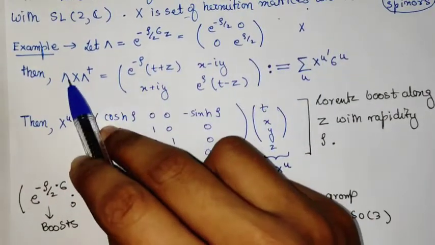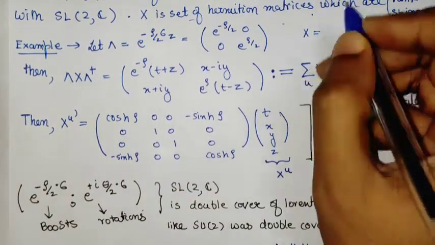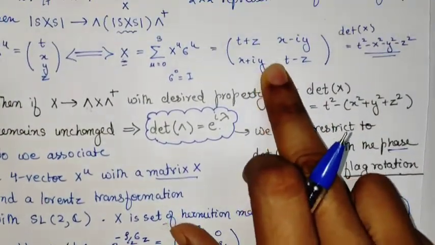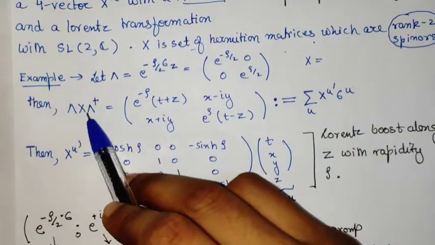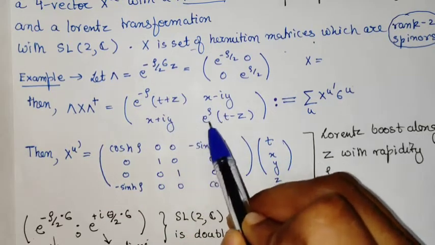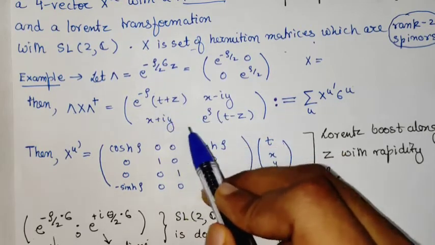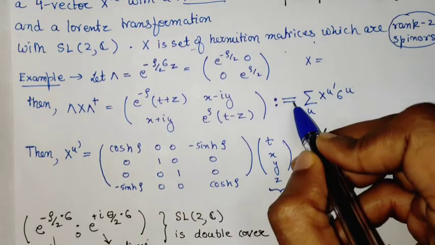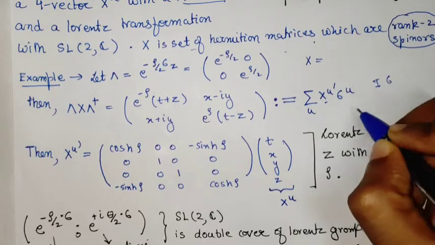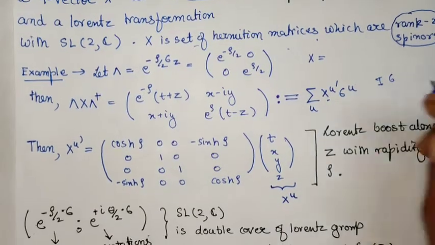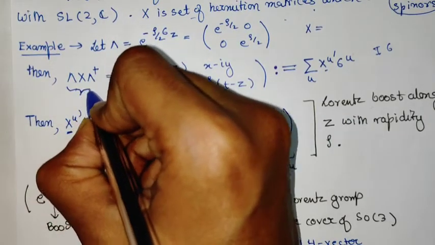So what happens is, if we multiply in this order, because we know X is nothing but this particular thing here, and we also know lambda, we can multiply these three things and it is this matrix. This is also a Hermitian matrix. But now, as a Hermitian matrix has a 1-to-1 correspondence with a 4 vector, we can try to extract that 4 vector by decomposing this Hermitian matrix into identity and the Pauli matrices. But the important point here is this 4 vector, that is X prime, which is associated to this particular Hermitian matrix,